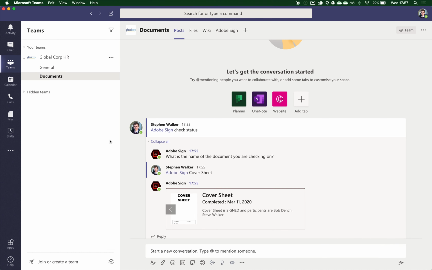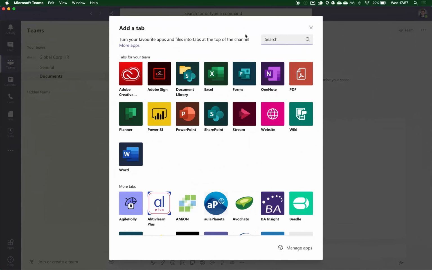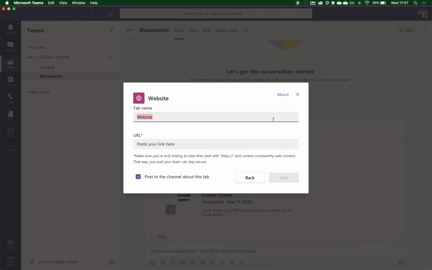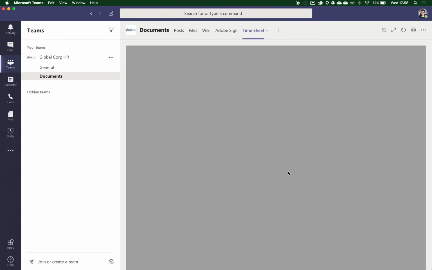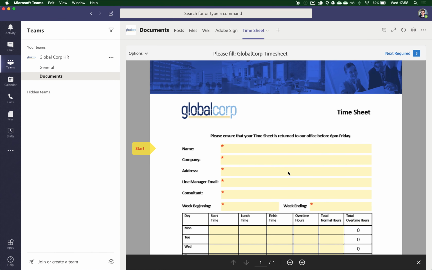And inside of my Documents channel here, I'm going to click the plus button to add a new tab to this channel. We've got a number of different apps that we can add. We're interested in adding a website to this channel. Let's give it a name. Our new tab is going to be called Timesheet. And we're going to paste in the Adobe Sign web form URL that was given to us just a second ago. Click on the Save button,